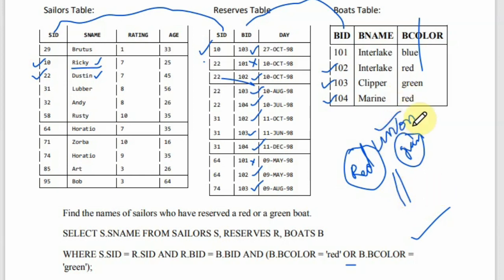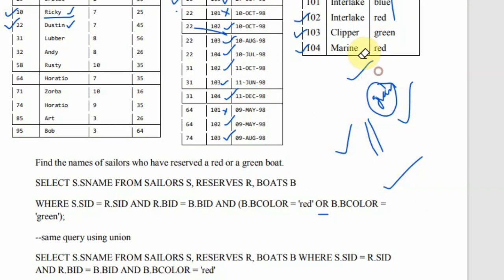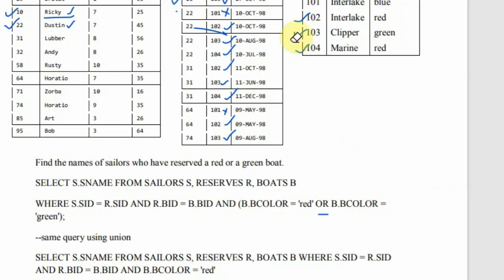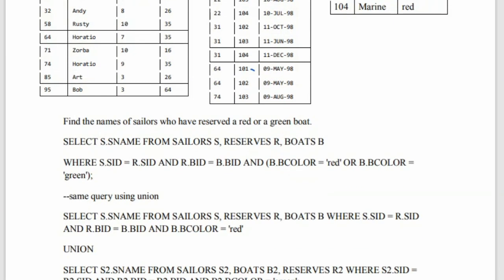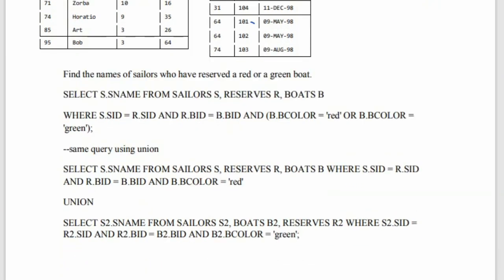Now how have I written the query? I have written a query saying that I want the names of the sailors who have reserved a red boat. So I said select S dot name from sailors S, reserves R, and boats B, where S dot SID is equal to R dot SID, and R dot BID is equal to B dot BID, and B dot color is equal to red.